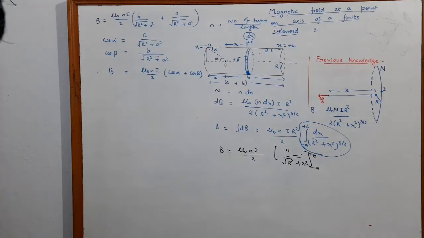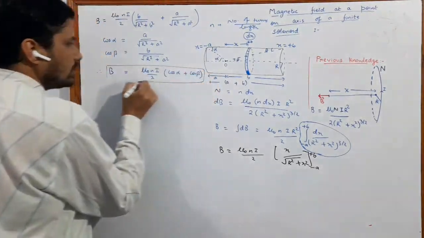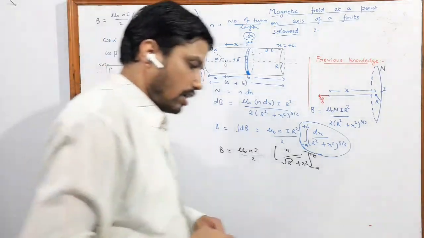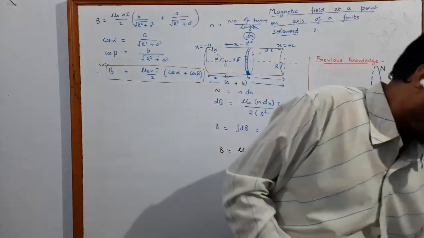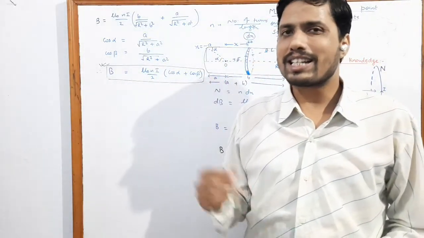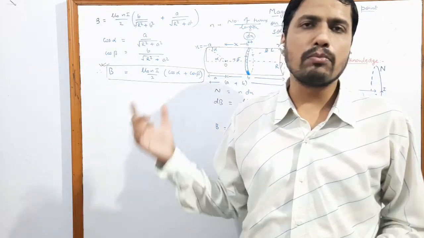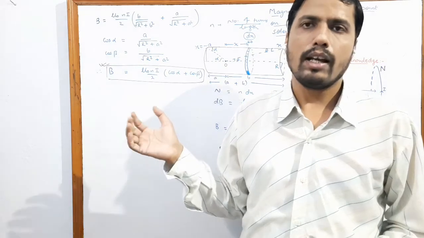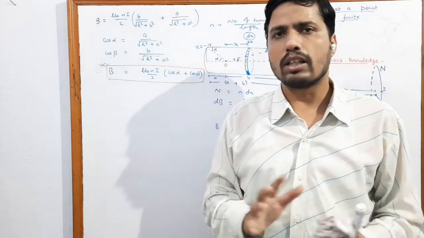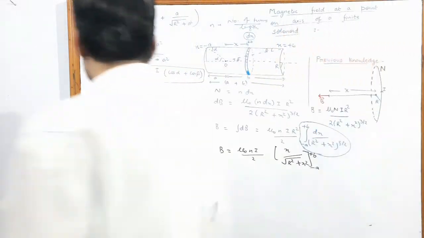So this is our final answer, students, and it is this which I wanted to discuss today. This particular derivation, how do we derive this expression? That is what I wanted to discuss. Now using this case of magnetic field due to a finite solenoid, we can extend this discussion to obtain the magnetic field due to a long solenoid or any other. This is the most general formula, okay, and this can be used for finding magnetic field at points on the axis for any kind of solenoid. We just need to put the values for alpha and beta.